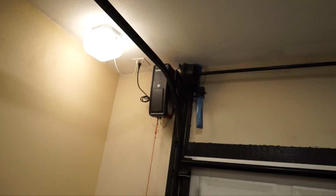I think this is a complete disaster right now, but I think all of our garages become like that every once in a while. I'm gonna redo the floors in here, but that wall right there is gonna be our next project. Other modifications I did to the garage is I put this jack shaft garage door opener in here,